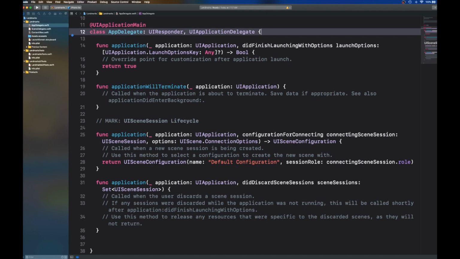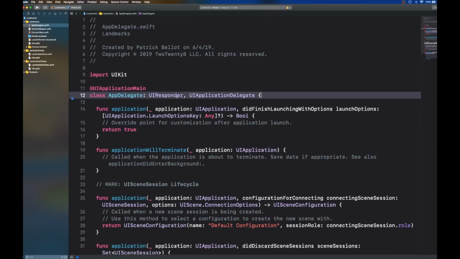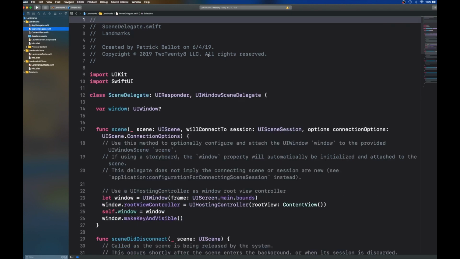The application lifecycle, yeah, none of that. Then I think the biggest thing is that A, there's no storyboards here. And B, we have the scene delegate. Now, I think the scene delegate is where all the magic happens because this is where your window is, UI